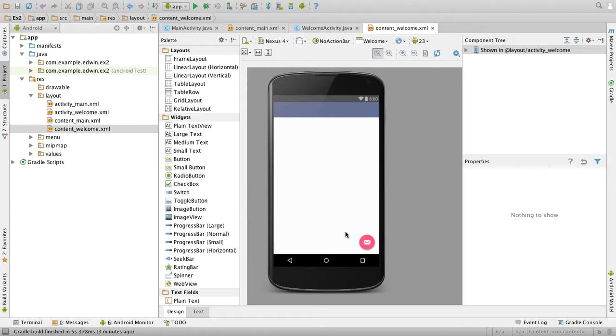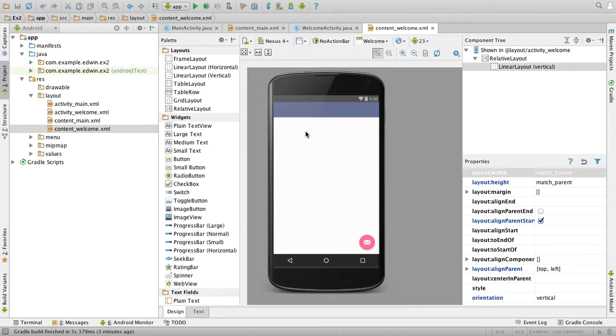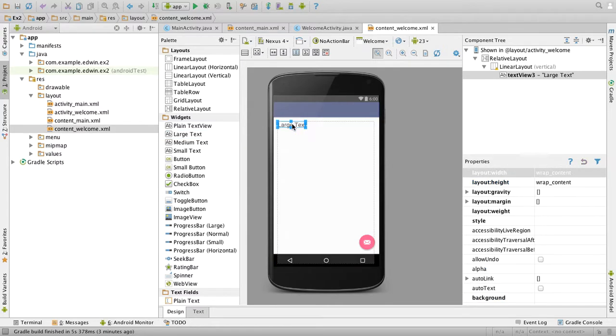So this screen will contain only the welcome message. So we'll drag a linear layout first. Insert 2 large text. Double click the first one, change the text to welcome.